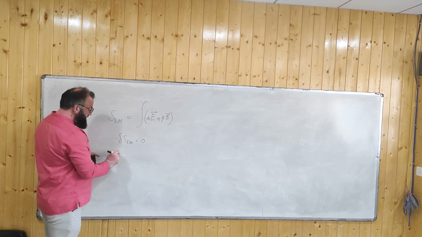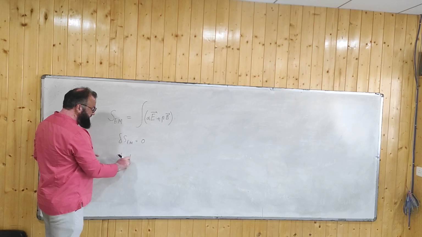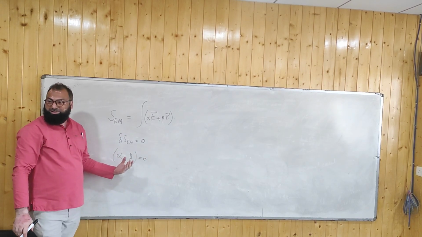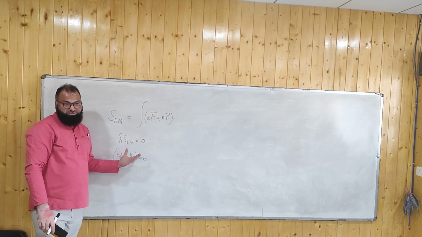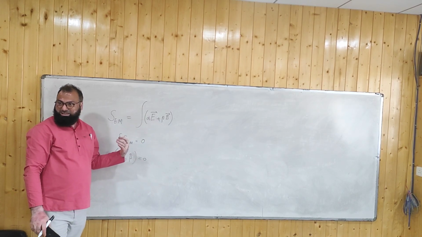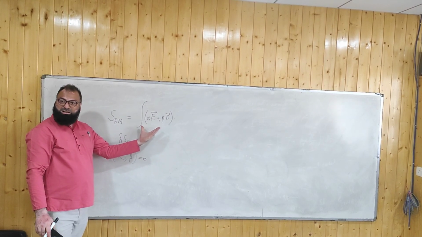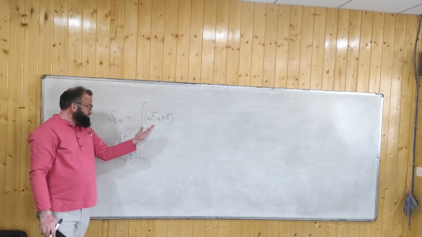It will give me a relation between alpha and beta. There will be no electric and magnetic field. But what I require is an equation for electric and magnetic fields. So this kind of action which contains linear order terms of E and B is not suitable